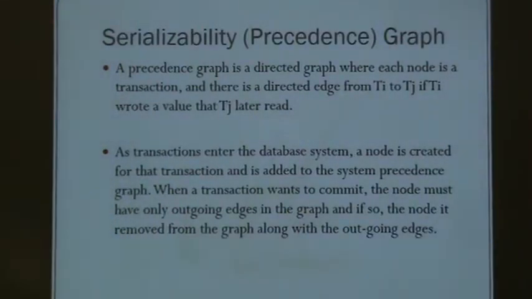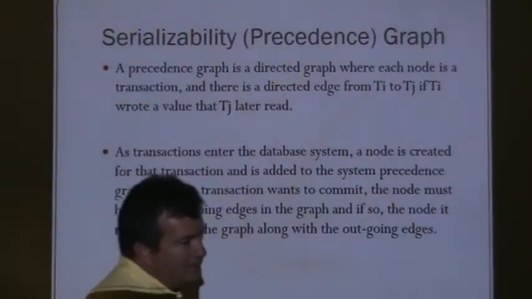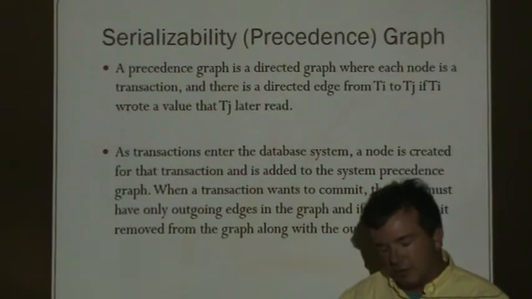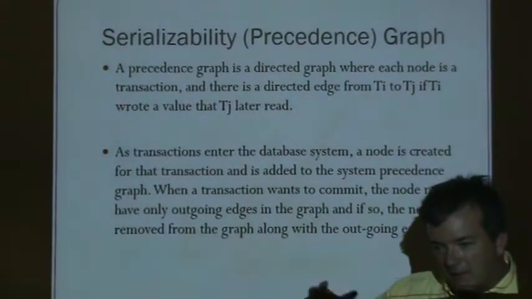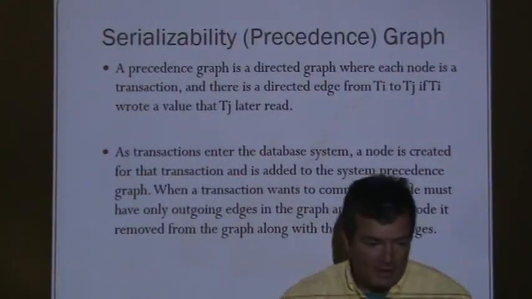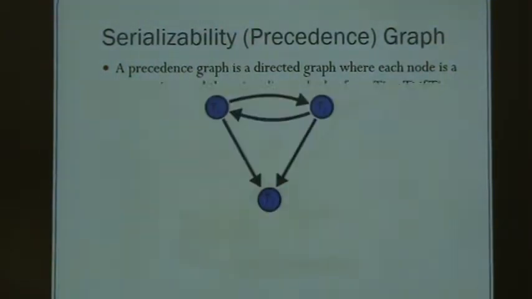So they would have to be able to commit, otherwise we can't commit. So what we can do is every time a transaction enters the database system, we can add a node to a graph. And then anytime there is